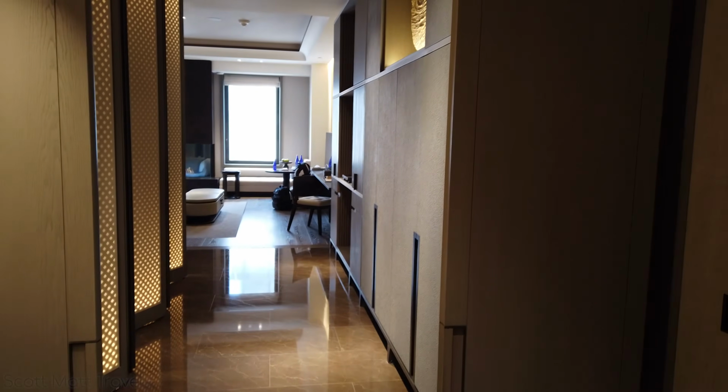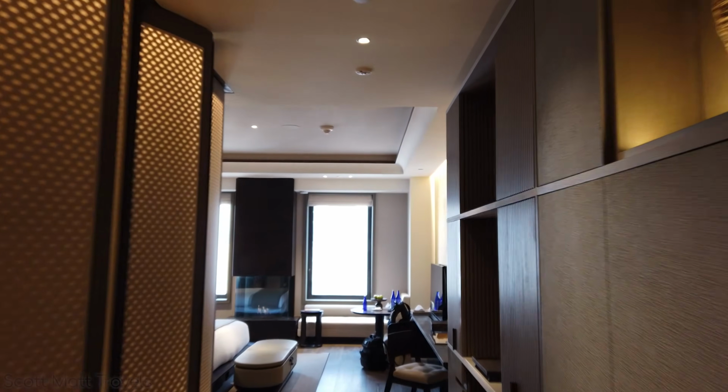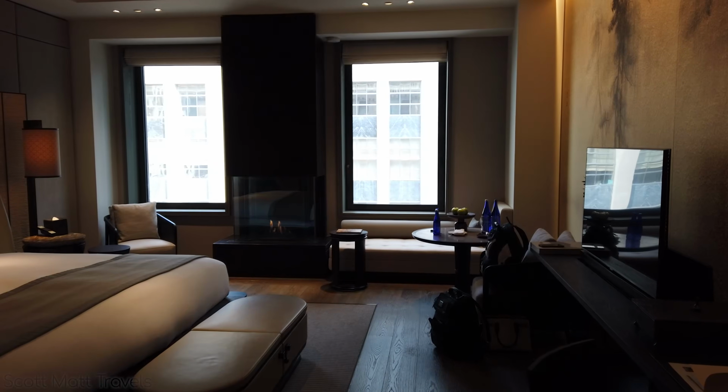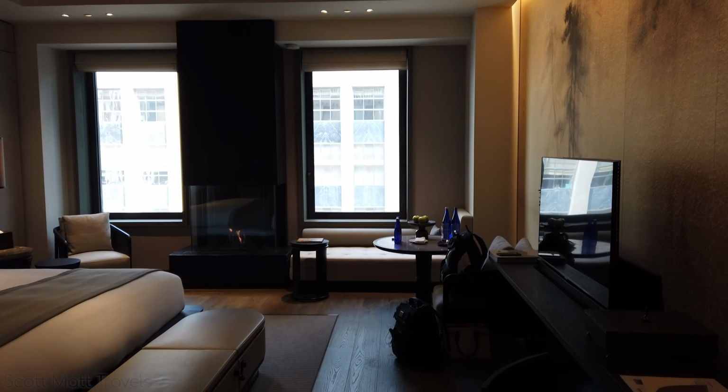Welcome to room 1116 at the Aman, New York, located in the Midtown East neighborhood of Manhattan at the corner of 5th Avenue and 57th Street in the historic Crown Building. First off, the interior design of these rooms, and the entire property, is what I would want my house to